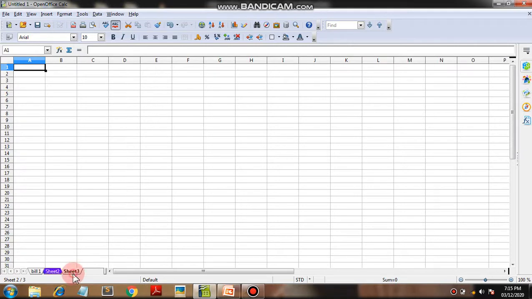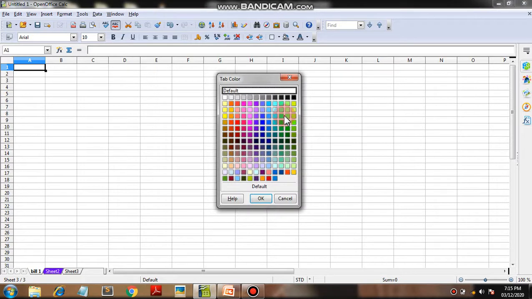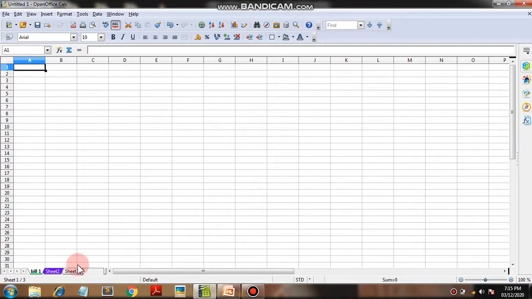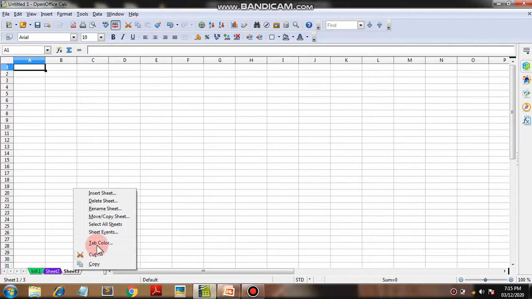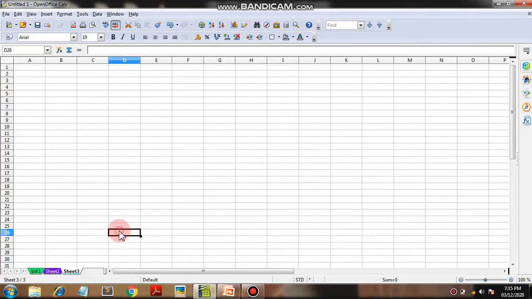See, sheet 2's color is changed because I recolored that sheet. Again change the color of all the sheets. See, this one, sheet 2, sheet 3, all the sheets are recolored.